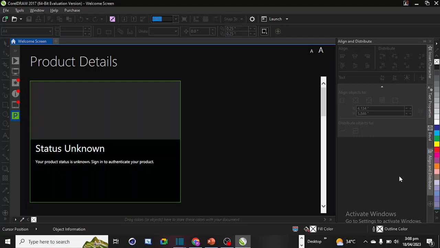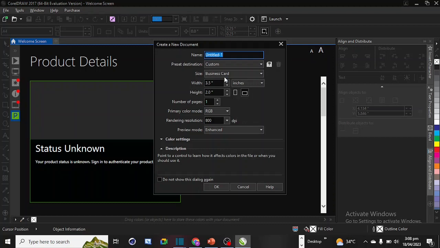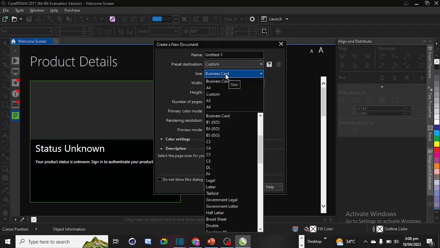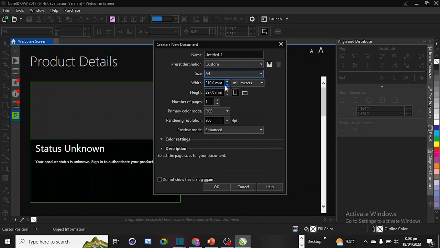Okay, so now here is my CorelDRAW. I'm basically using 2017, which is launched already. So if you have yours on your system, you can do the same as well. Launch up your CorelDRAW. Then the next thing we're going to do is that we need to create a new sheet. Okay, now I'm basically just going to pick size A4 size, so that it will be very big to pick both the front and the back